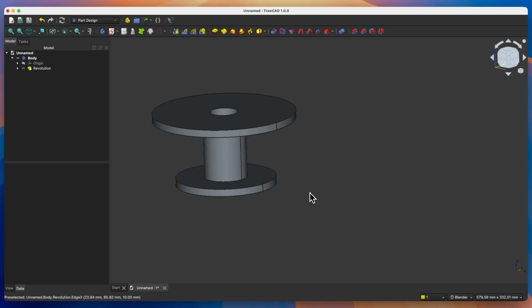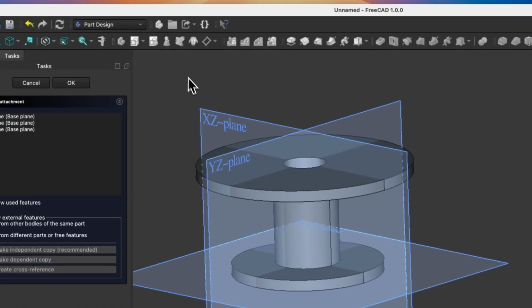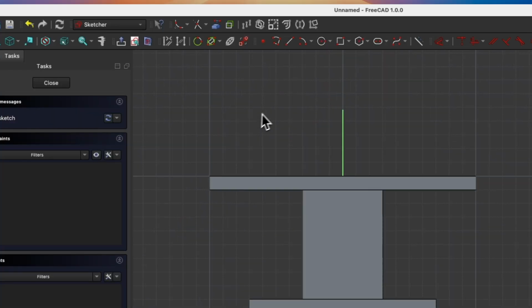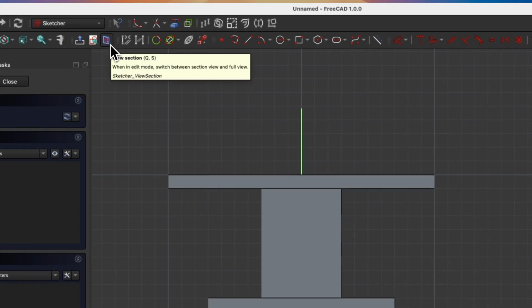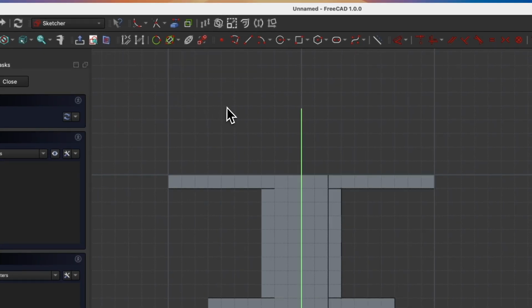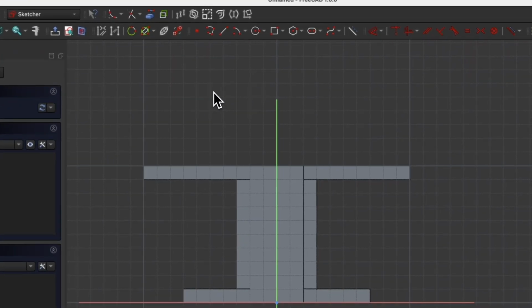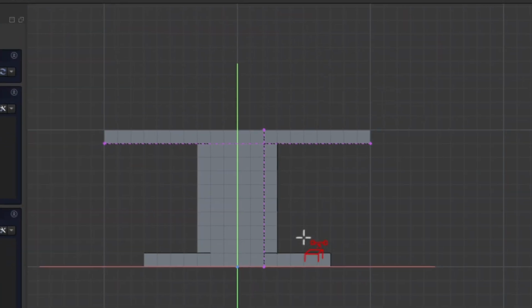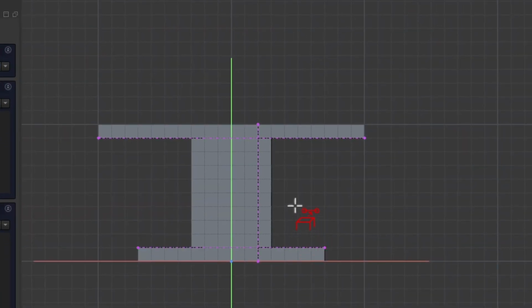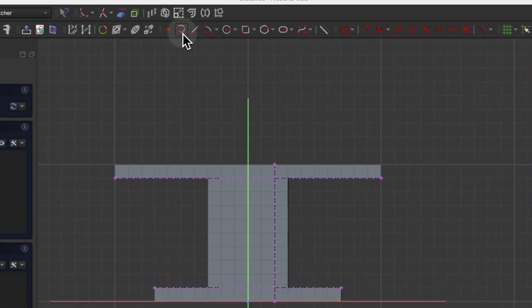Now we will create additional fragments of the solid. We will create another sketch, select Create Sketch command and select XZ plane as the sketch plane. Here switch to the section view and select the Create External Geometry command to create reference geometry. Select this edge and this edge, and now right click to cancel this command and select the Polyline Drawing command, and let's draw